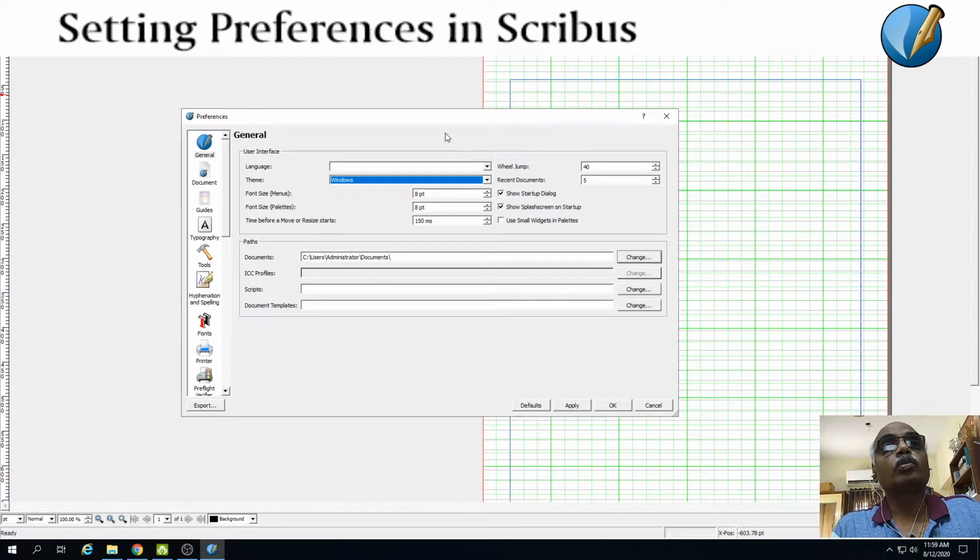Then time before move or resize start. Supposing you give a move command, the time taken for the Scribus software to start executing the command is by default 150 milliseconds.